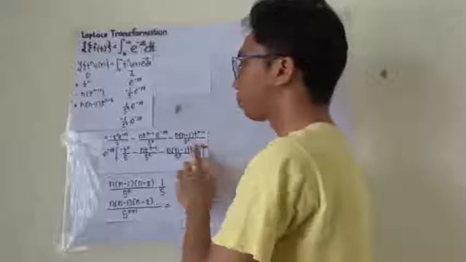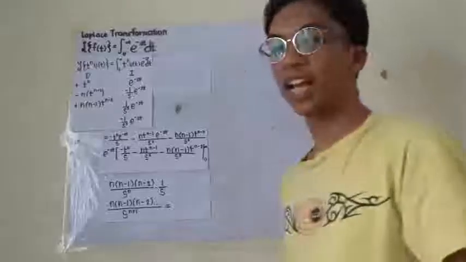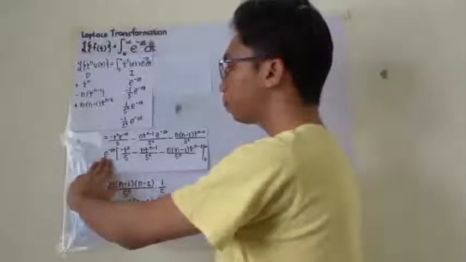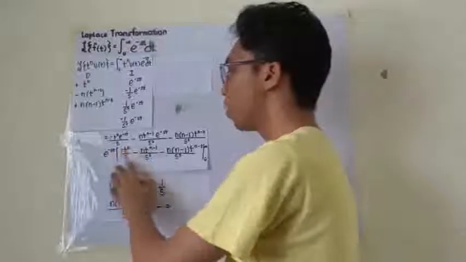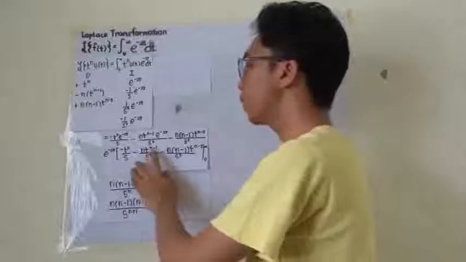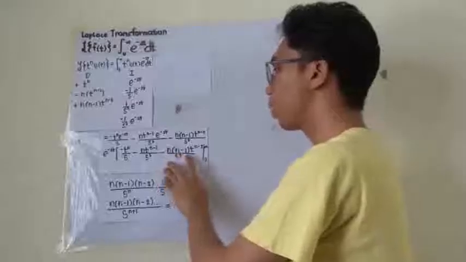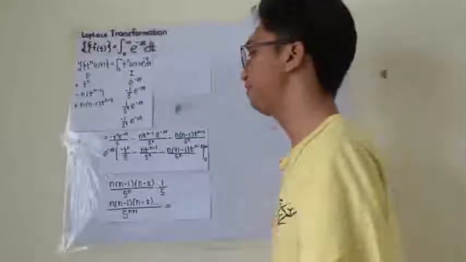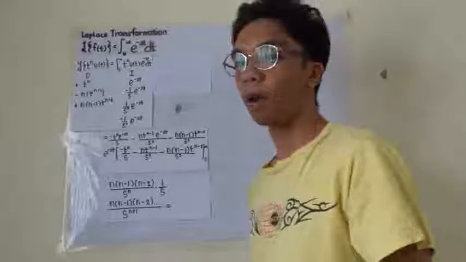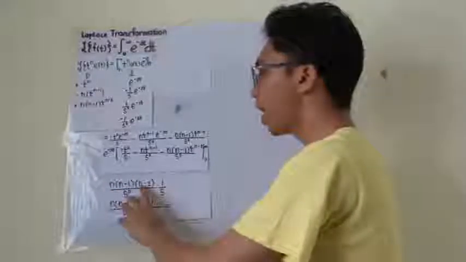So this is that. And simplifying and factoring common terms of e raised to negative st, we have e raised to negative st, quantity negative t raised to n over s minus n t raised to n minus 1 over s squared minus n quantity n minus 1 t raised to n minus 2 over s cubed, having the limits of 0 to positive infinity. And evaluating our improper integral, we have n quantity n minus 1 quantity n minus 2